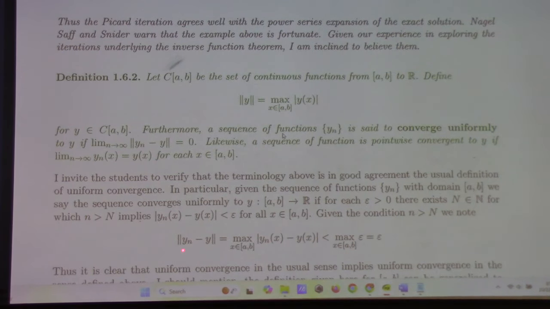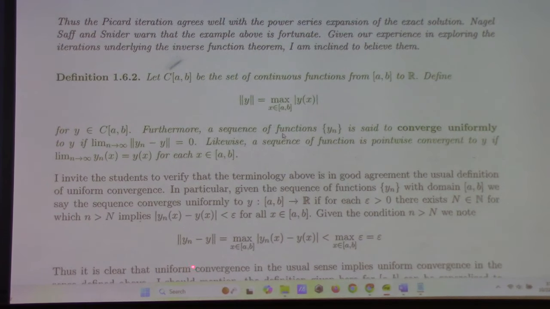So given that condition, we have that the norm of the difference is equal to the max norm of the absolute value of the difference, right? But this is less than the maximum, of course, the maximum of epsilon is just epsilon. It's dumb, but I like to think about things in terms of formulas rather than logic because I'm kind of 19th century sometimes. But anyway, so that's less than epsilon, which goes to show you that